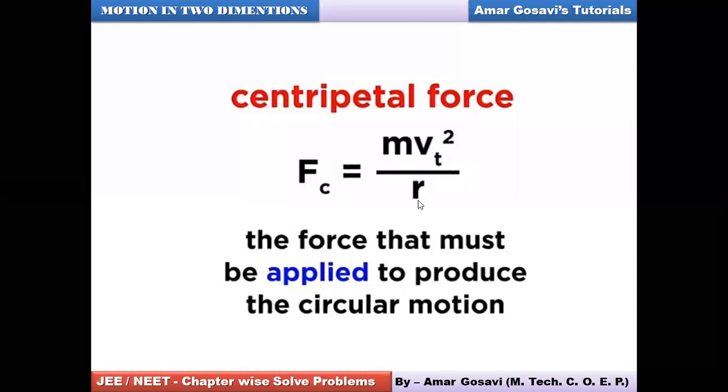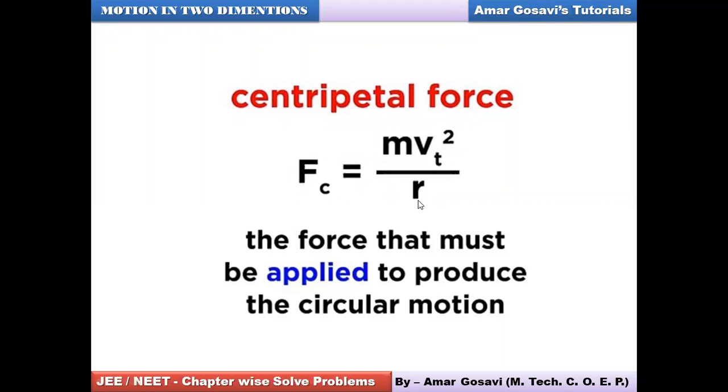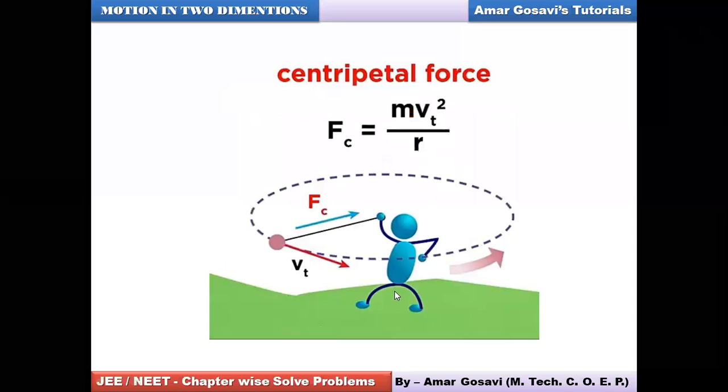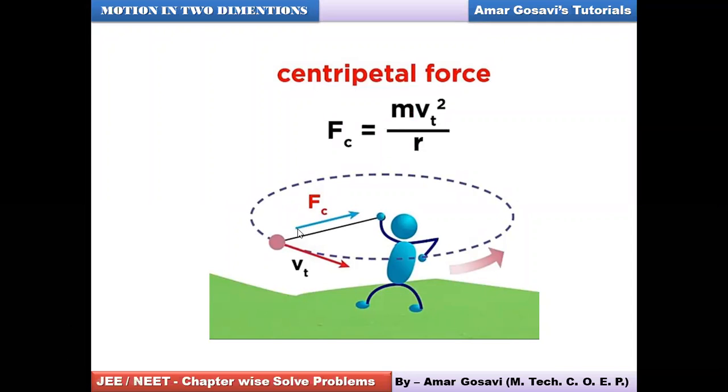Before we move ahead towards that, let's have a quick recall. You can see this centripetal force I'm talking about, the force which is directed along the radius towards the center. This equation is given by m Vt square by r. You might have noted it down earlier, so I am not waiting for you to note it down. Slowly we will build up the concept and then move ahead towards the derivation.